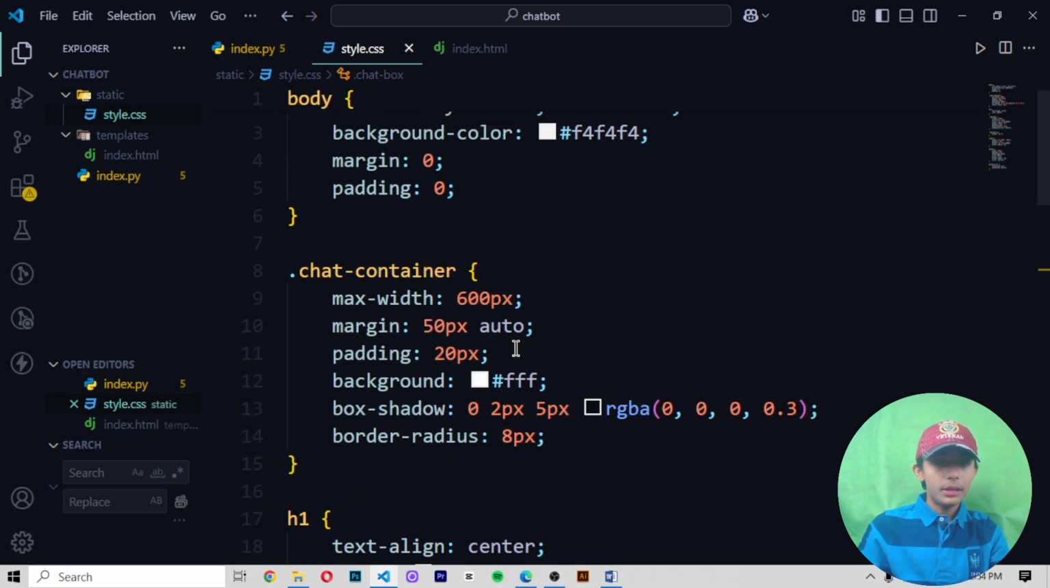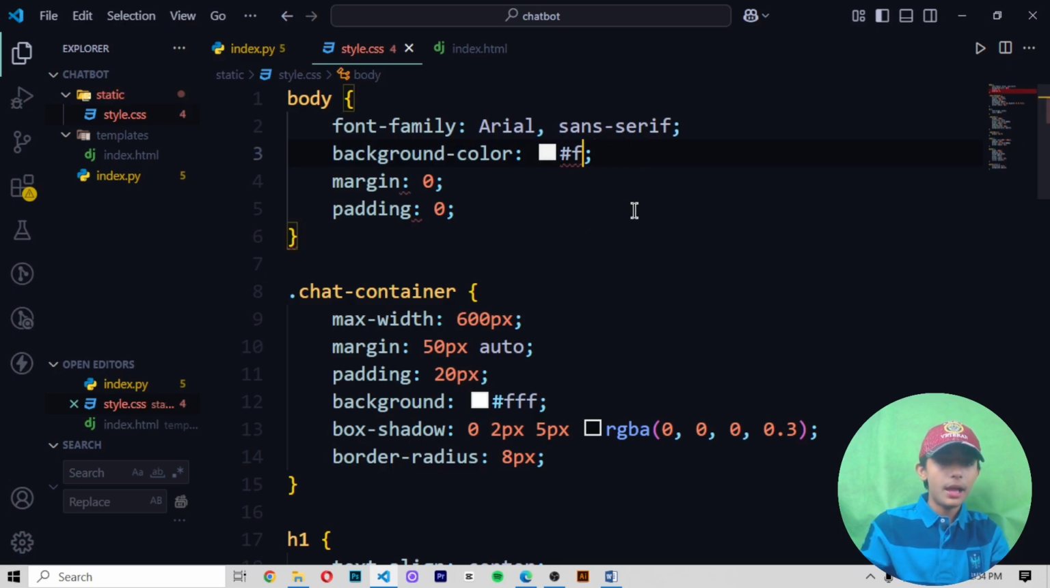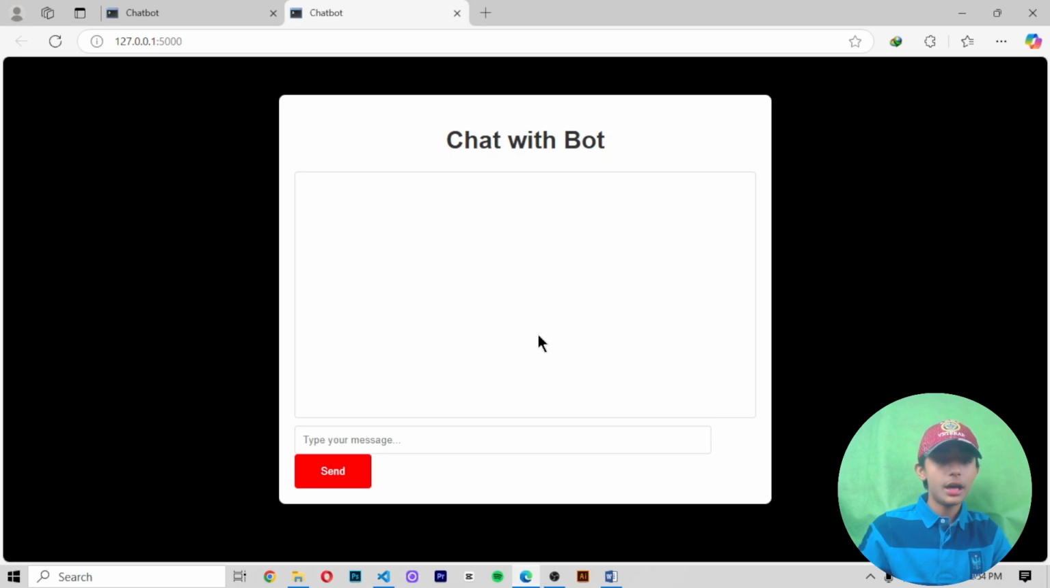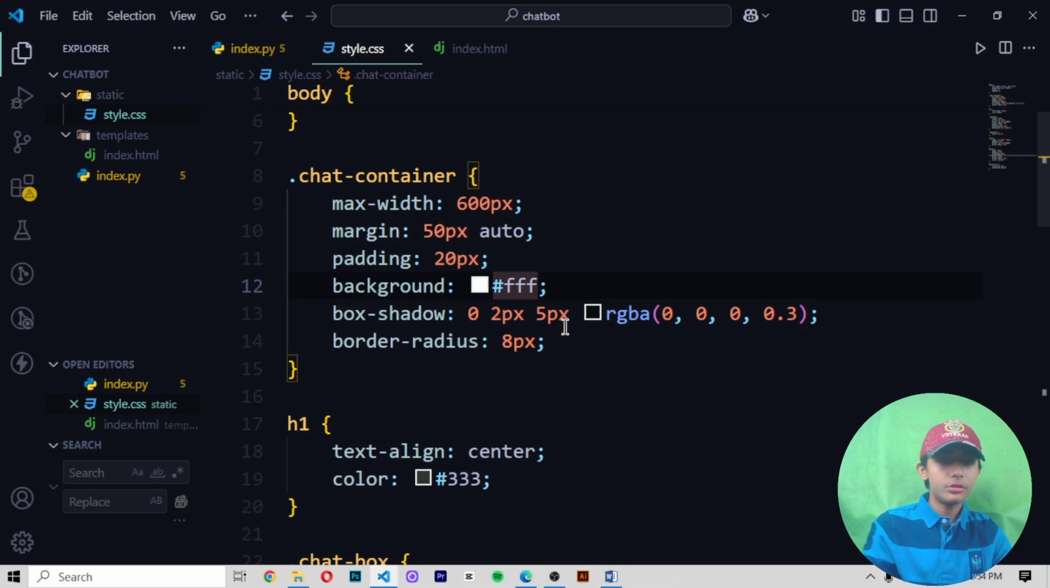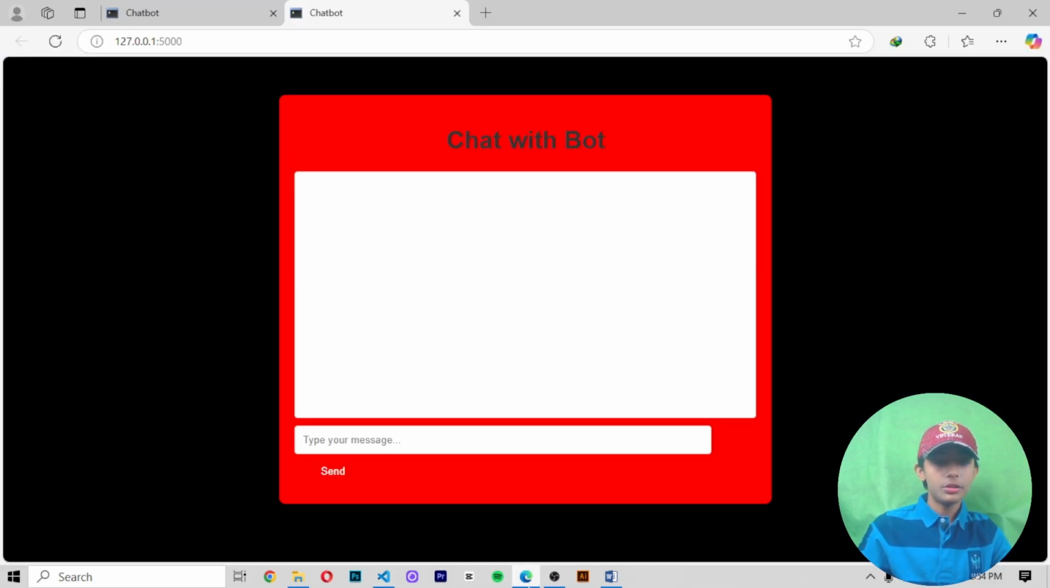Now let's come up here and give the color black. Save it and then run it. So now it is looking like this. Then the background should be red. Save it and then run it. So it is looking like this,